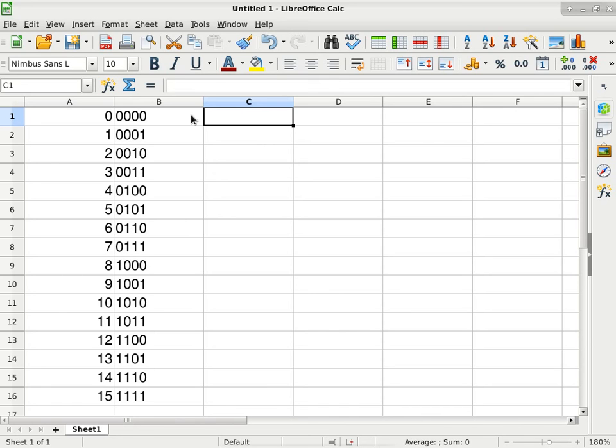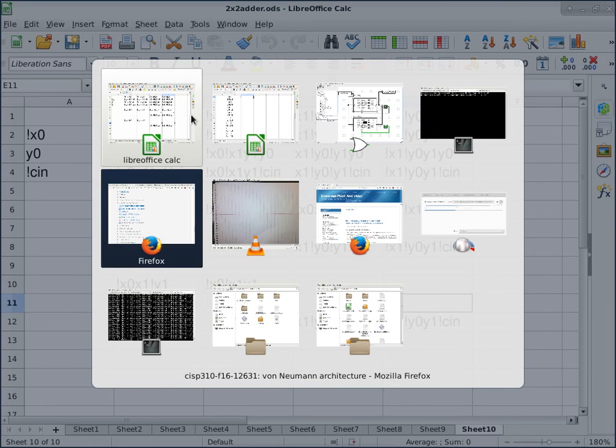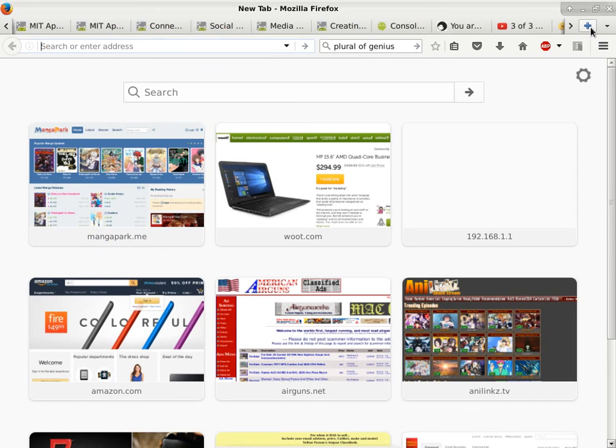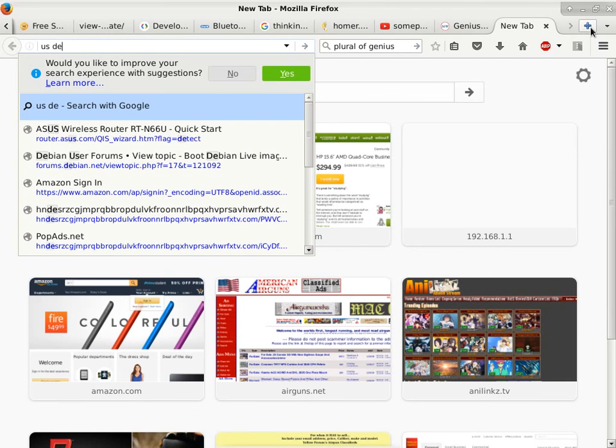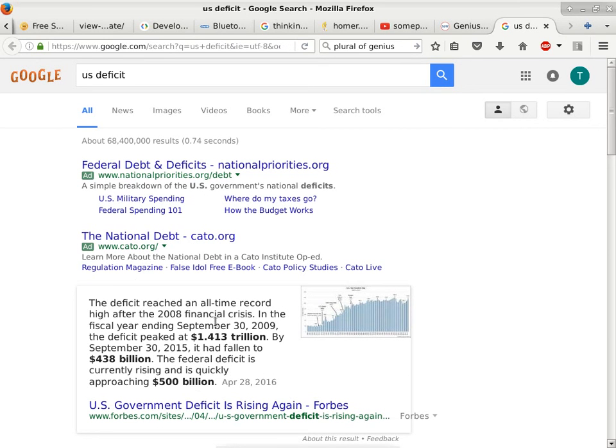Okay, what is the deficit of the United States? A trillion. Okay, so how many trillions? Dude, it's like near 20 trillion. Now I need to find out. See, you can see how at the end of a semester, I usually do not end up teaching everything that I need to teach. Okay, so it's 1 point something trillion. 1.4 trillion.